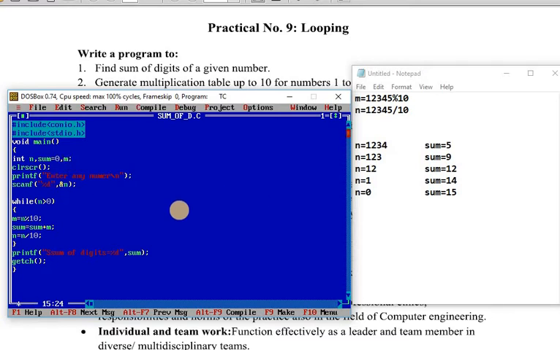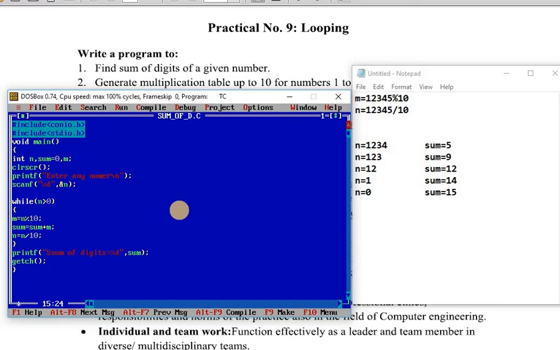See in this notepad, first from the digits 12345, we need this last number 5. If we use 12345 modulus 10, it will give us the remainder, that is 5. Why? Because 12340 is divisible by 10, only 5 is remaining.